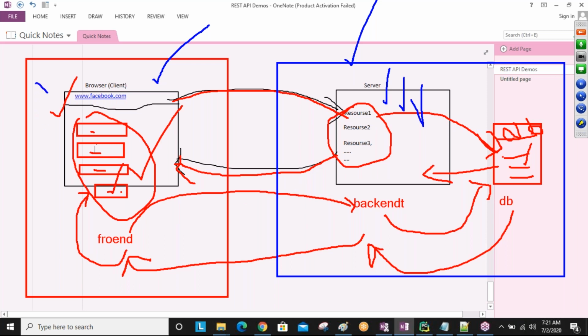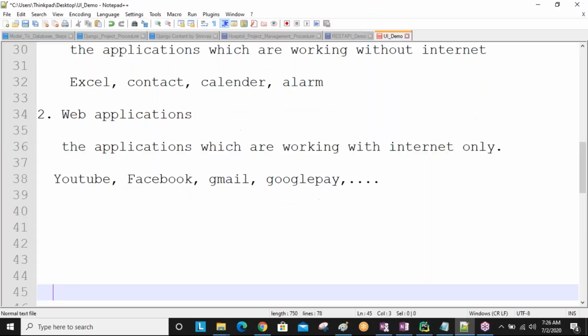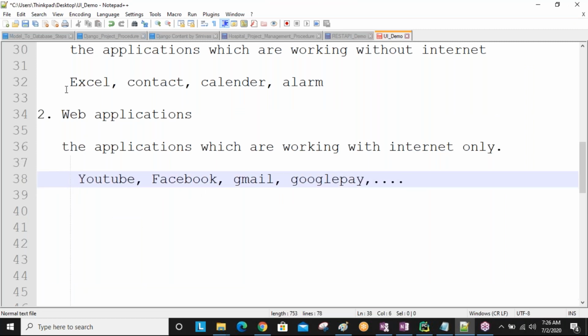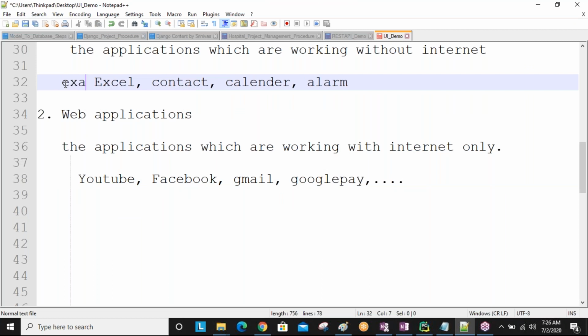Now we will discuss this part. To develop this presentation, what technologies are available? What are the UI technologies available? How are we developing? All these parts we are going to learn slowly. These are the examples.